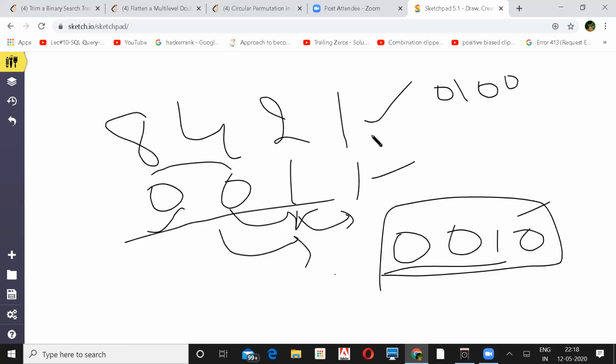The next one was 0, 1, 0, 1. Then 0, 1, 1, 1. And then again I came back to the first one, which was 0, 1, 0, 0. So this is cyclic, right?